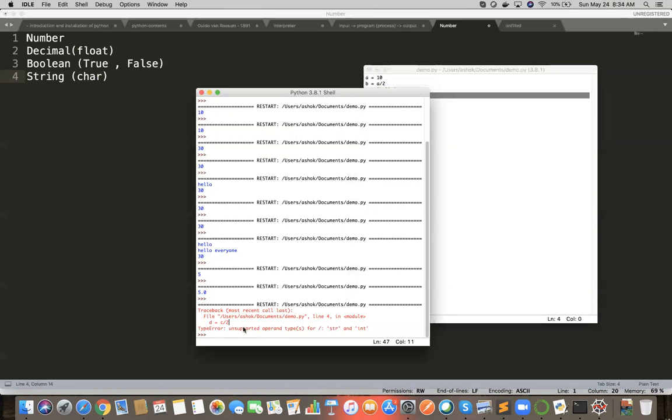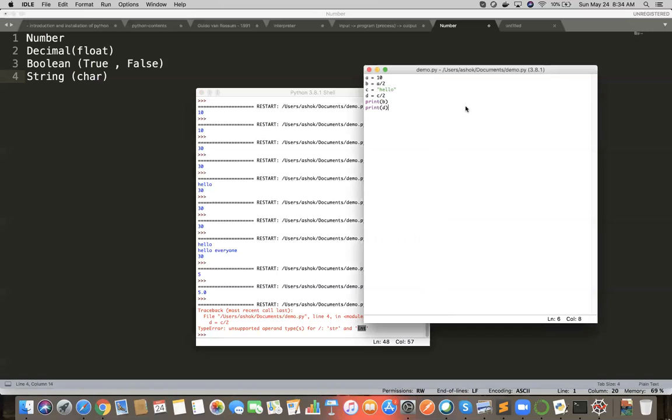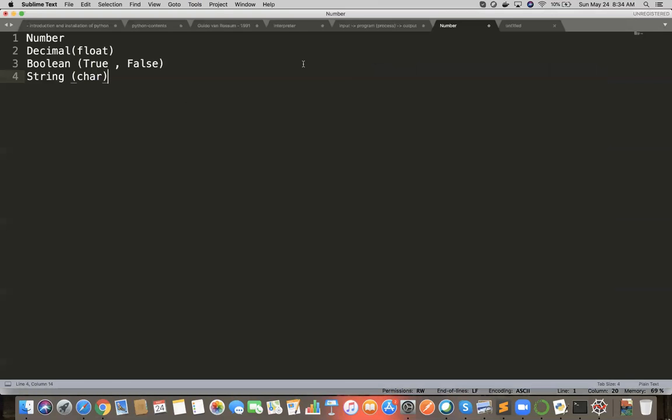So you can see here, it's a type error: unsupported operand type. You're doing something with str and int, right? So Python creates its own data types internally. That's what I want to show. You need to be very cautious while doing typecasting. We need to know while programming which is int, which is float and so on. You cannot divide a string by 2. That's meaningless, and that's what it is telling. Okay, fine. So now coming back to our topic.